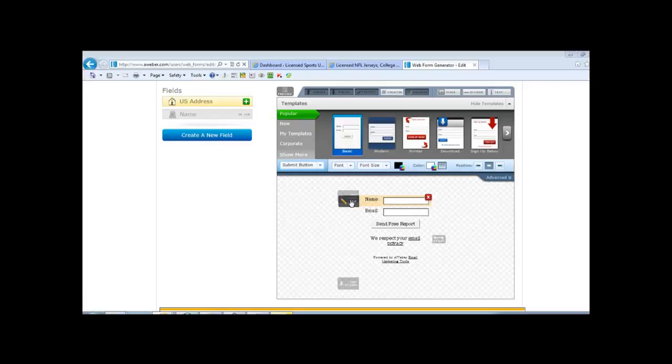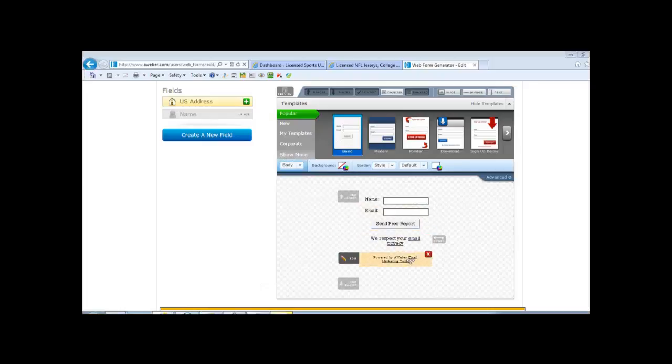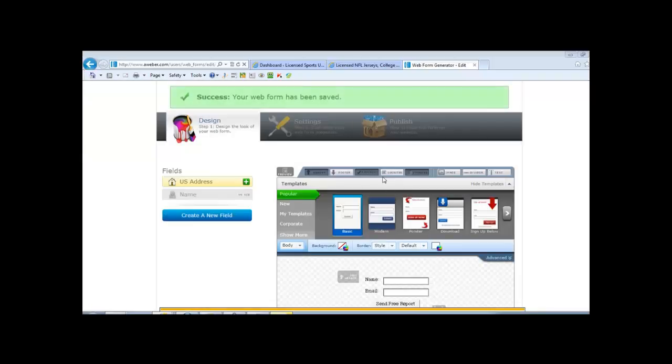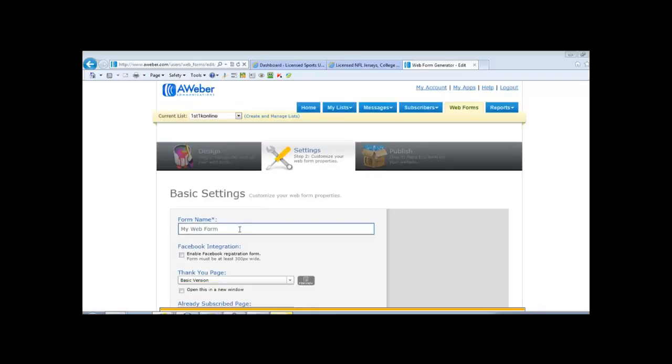We'll go to save. We'll edit this one. We'll put in first name, or actually let's just leave it at name. Email, respect your privacy. You can take out the Aweber part if you want. And we're just going to choose save web form. Save web form, and go to step 2. And the form name, we'll call this what the product is, or what the website is. We'll call this test website blog